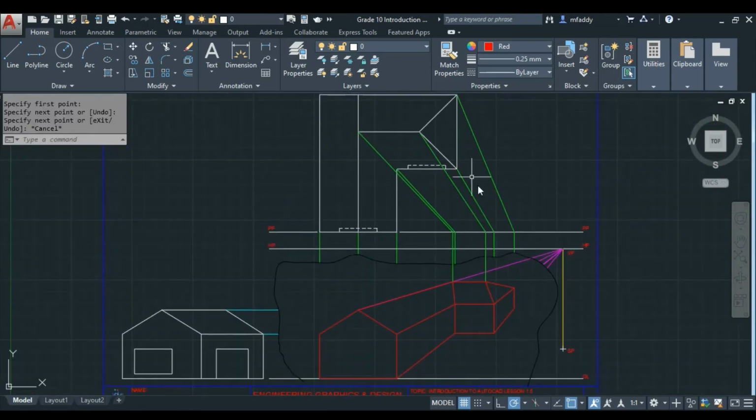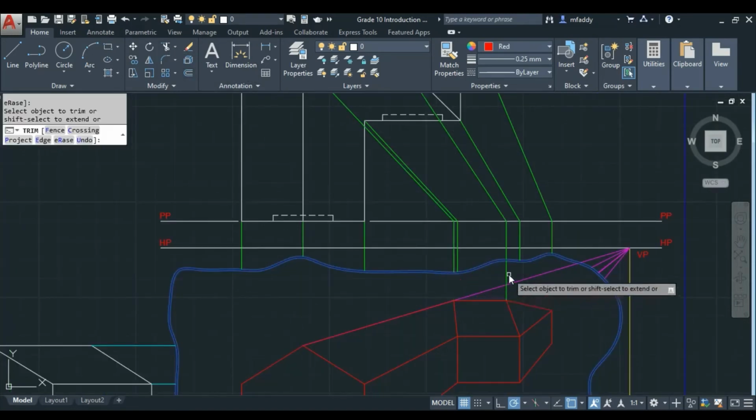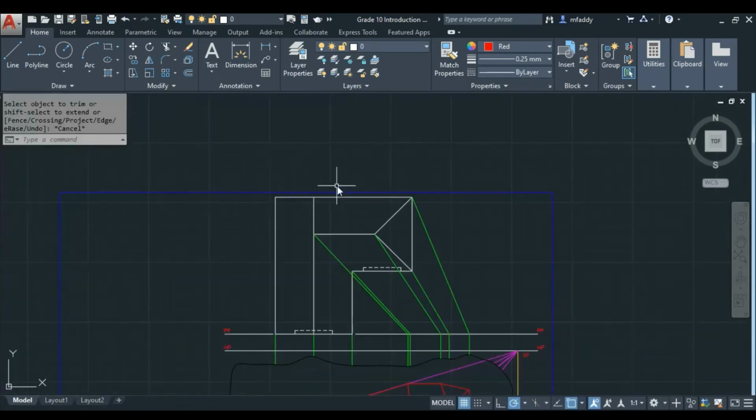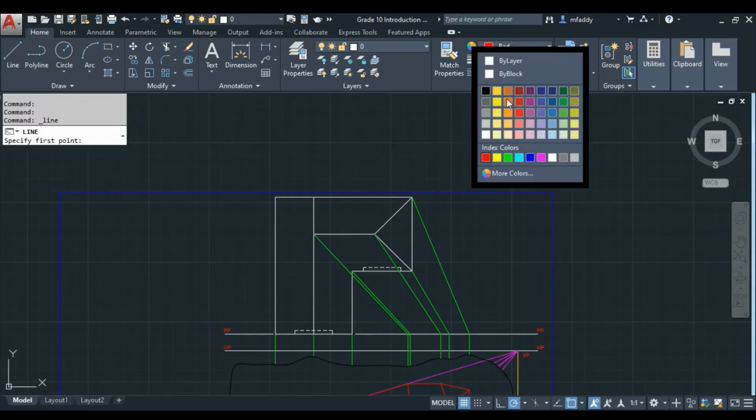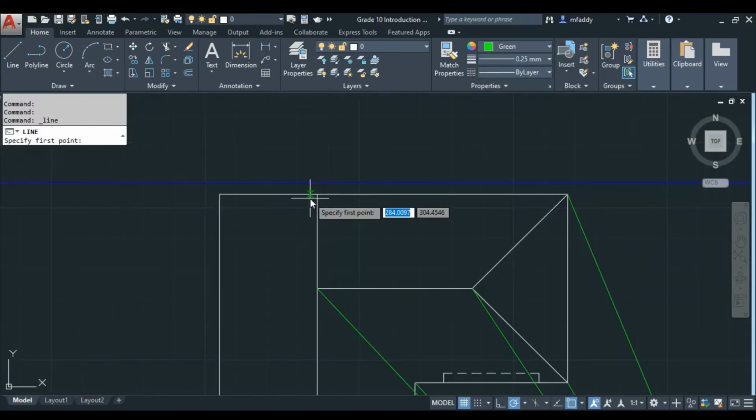Okay, so that ideally is the front of the house, kind of, or not the front, but the end of the house and the end of the roof. Going to click on there and I'm going to just trim what I don't need. Okay, still got my purple line going through from my roof, because remember my roof goes up all the way to the end there. So click on line again, click on green,